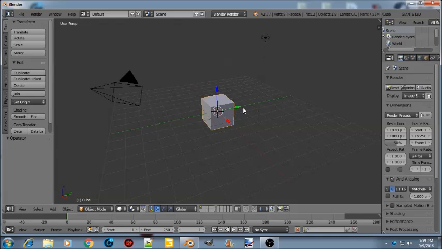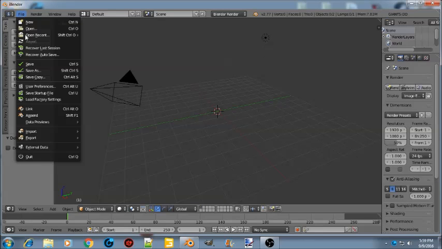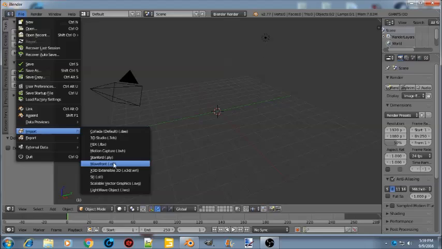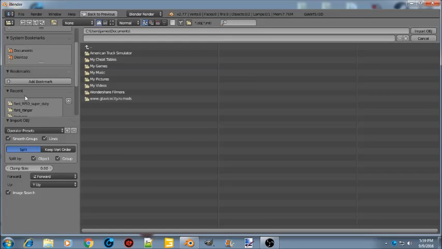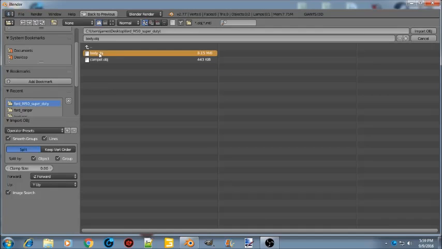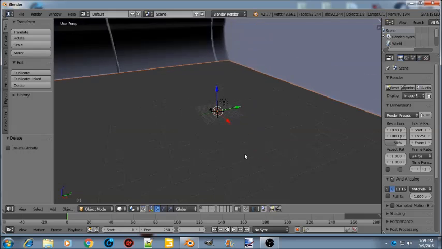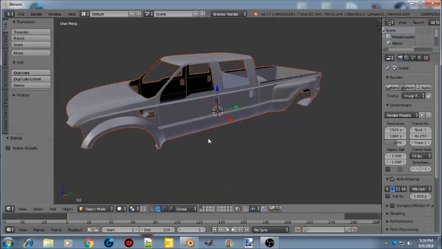Go ahead and open up Blender. I'm going to delete the square. Come down here and I'm going to import. I've got a F450 Super Duty. Let's go ahead and wait for this to load in. As you can see here,